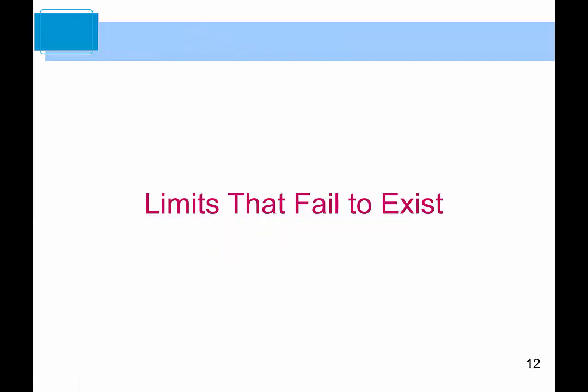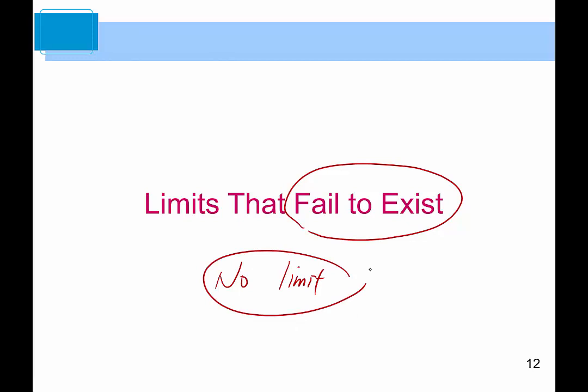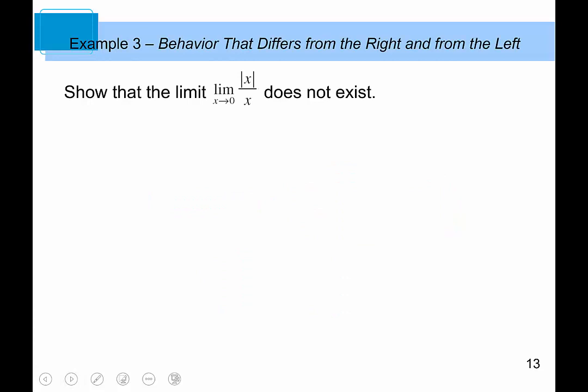So let's take a look at some cases for limits that fail to exist, meaning no limit. Let's take a look at several examples. There are 3 different cases where a limit does not exist. So behavior that differs from the right and the left shows that a limit as x approaches 0 does not exist. On the left-hand side of 0,